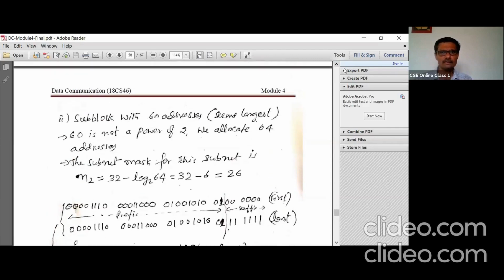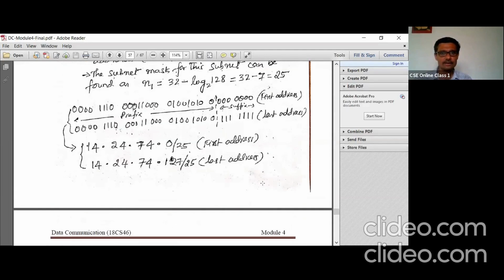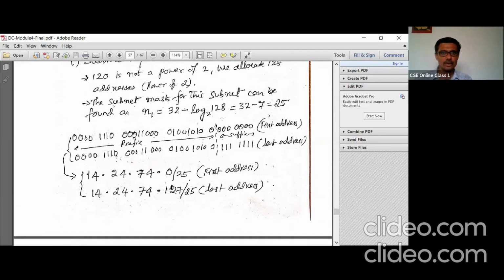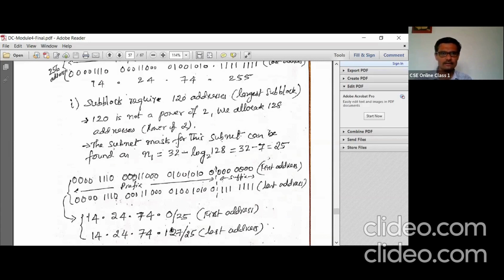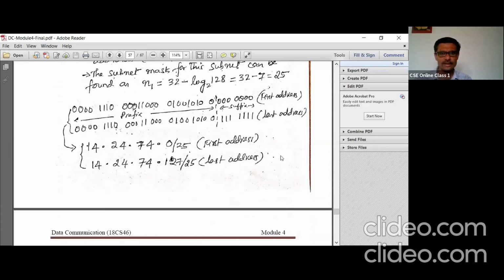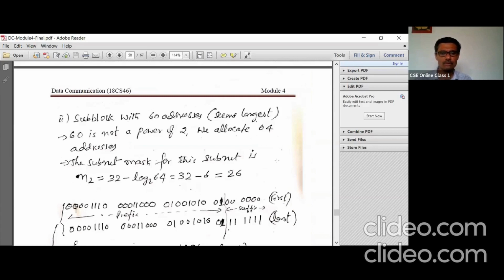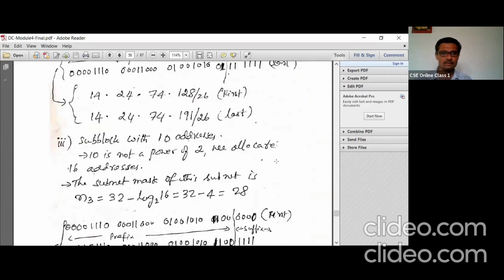Okay, now if you add this, you can see the total number you have taken here. It is 128 plus 64 plus 16.